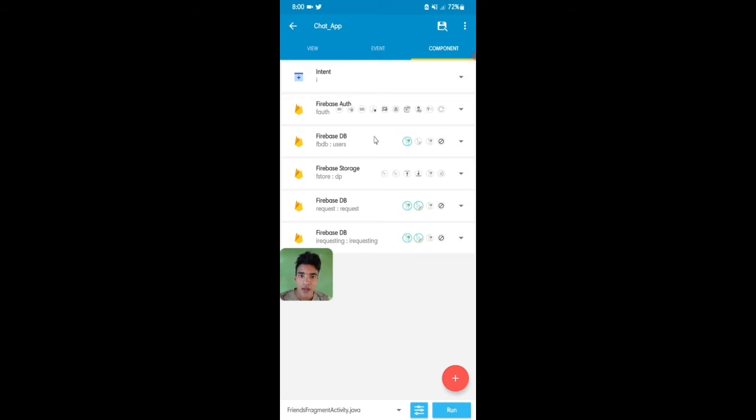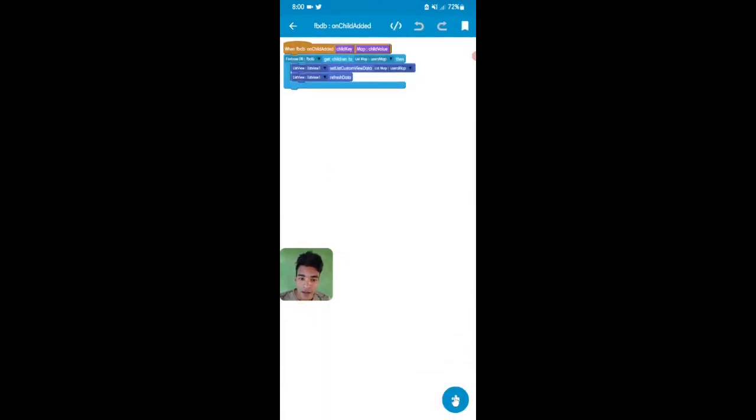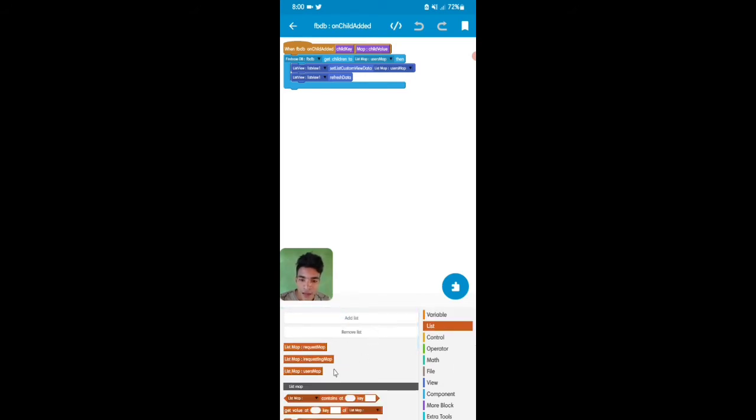So guys, first, I'll just show you FBDB user on child added, and first I'll show you I added these variables: map1, map2, and number variables n1, n2, n. So guys, these are the variables I added, and then I'll add the 3 maps: list map request map, list map I requesting map, and list map user map.